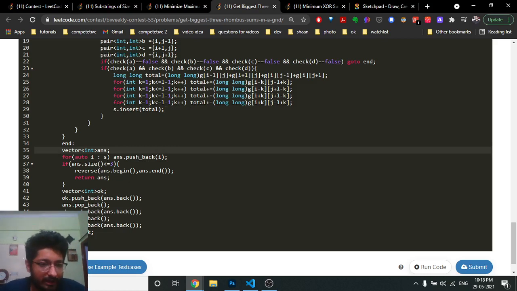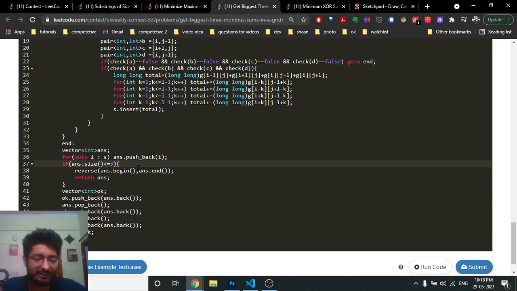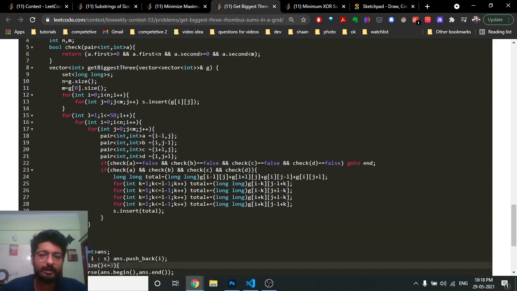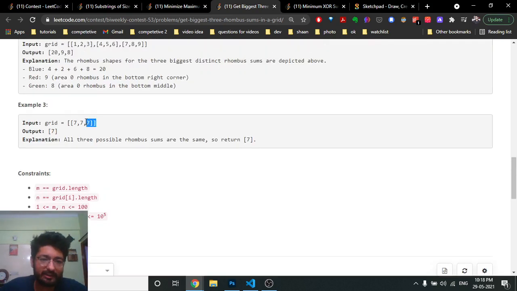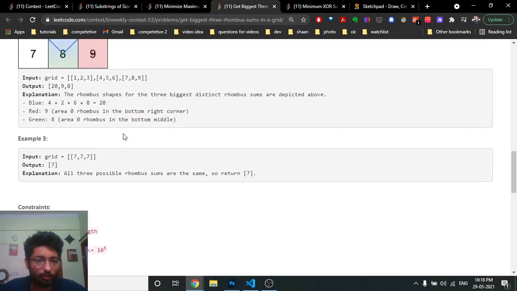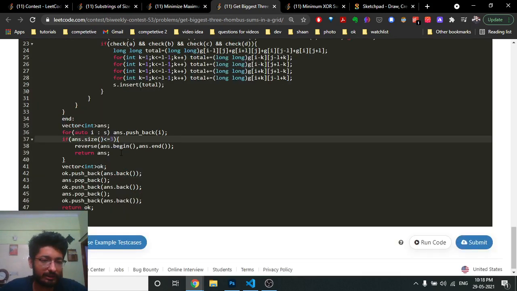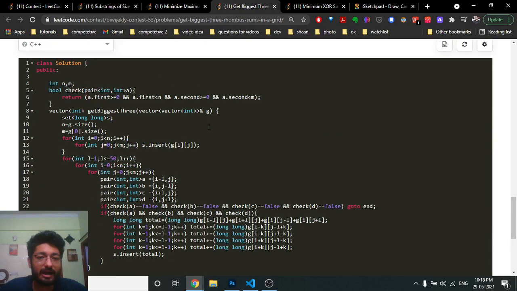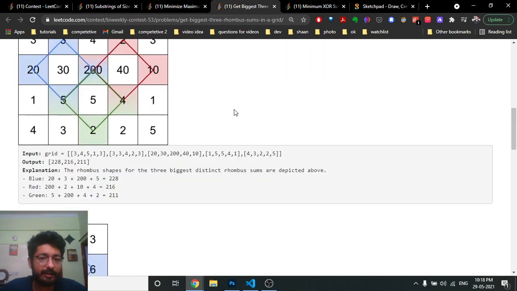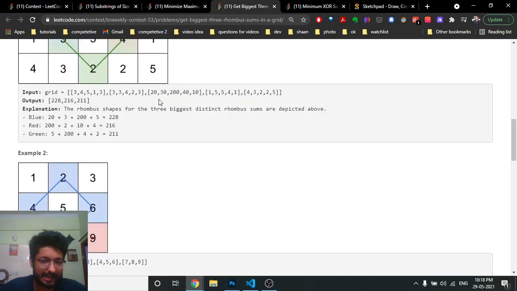So what I actually did wrong was I told that if the set length is less than or equal to 3, we just print out the whole set, because if the only number in the set is 7, then you just print out 7, you don't have to do anything. If it is greater than 3, then you have to print out the maximum 3 elements. I hope you get the point. So I just returned them, but because the main problem is I have to print them in decreasing order and the set is in increasing order, that's why I got a wrong answer.